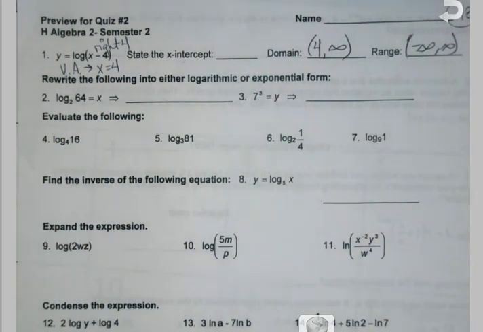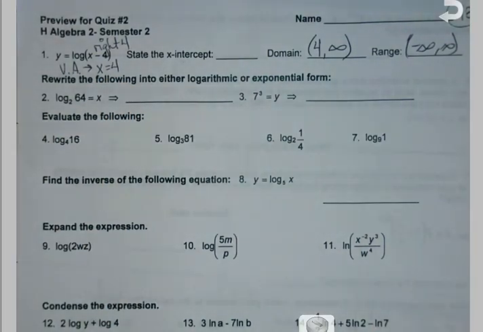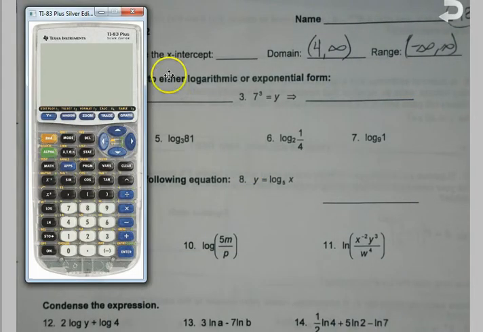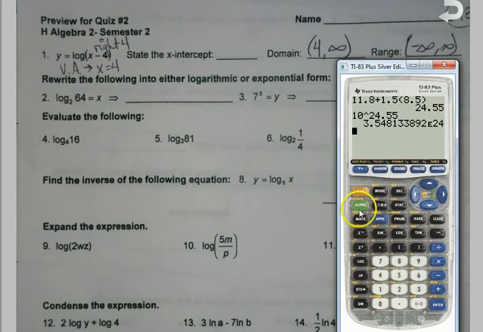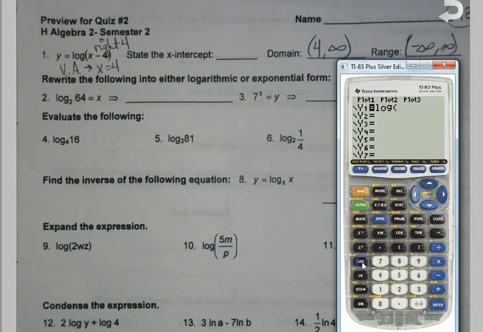Could I look on the calculator and probably figure this out? Sure. But if I couldn't, that's something I could do without it to figure it out. Now the x-intercept I also could figure out without the calculator, but who wants to go through all that algebra? Now I could. But when I do get an opportunity to simplify things a little bit, if I were to go ahead and get that typed in,